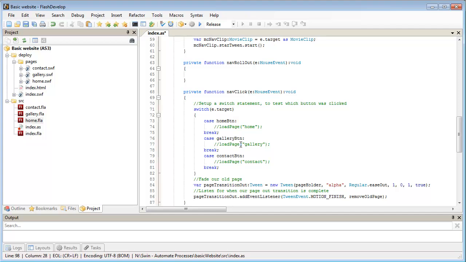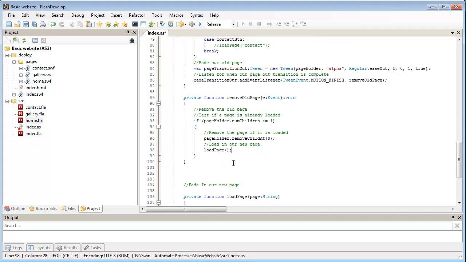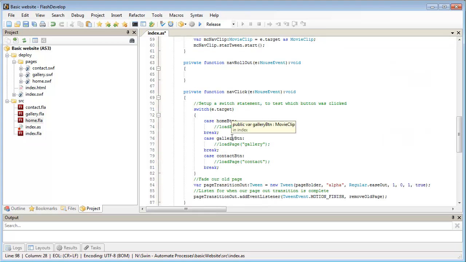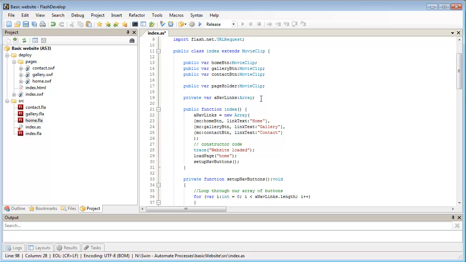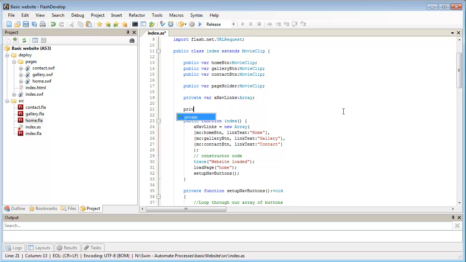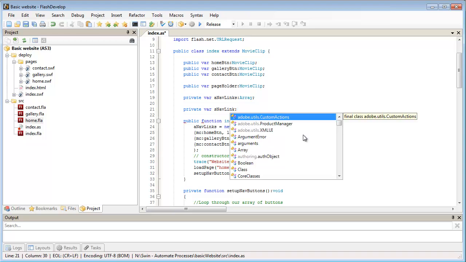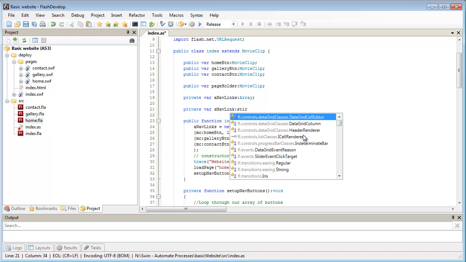So in order to get around that problem of not being able to access which button we clicked on down here, we're going to set up a private variable that we can set at any point in our code, and we can read back at any point in our code. So just like we did for our navlinks array, I'm going to set up a new private variable up here, which is only going to be accessible in this class. It's not going to be accessible on the stage. And we'll call this, it's going to be a string, and we'll call this sNavLink. Yeah, sNavLink, that'll do. And this is going to be a string